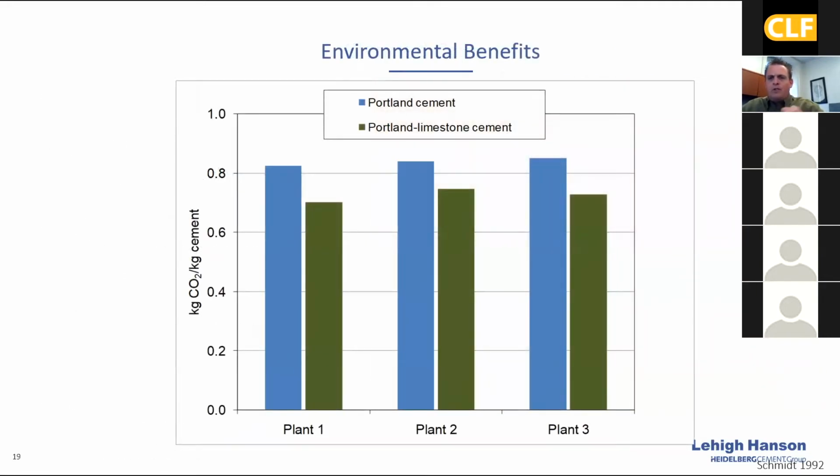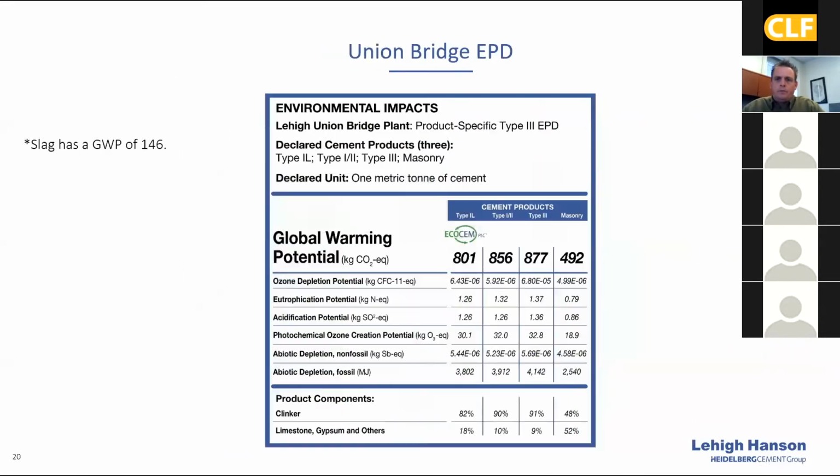The impacts of using limestone are appreciable. In this case, CO2 emissions are on the order of 10% lower for the manufacture of Portland limestone cements. Environmental Product Declaration, EPDs. When we go to the grocery store and decide what consumables we are going to purchase,